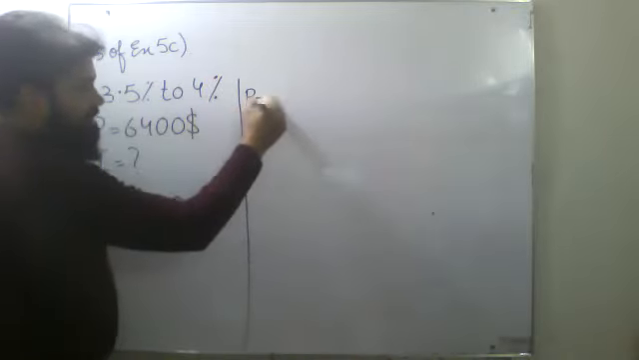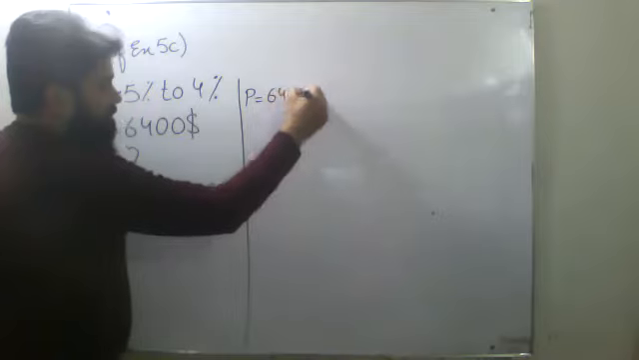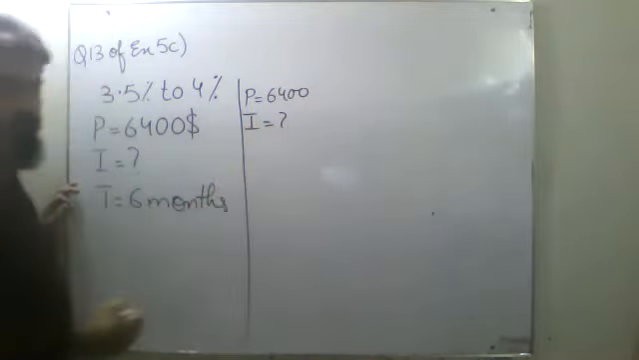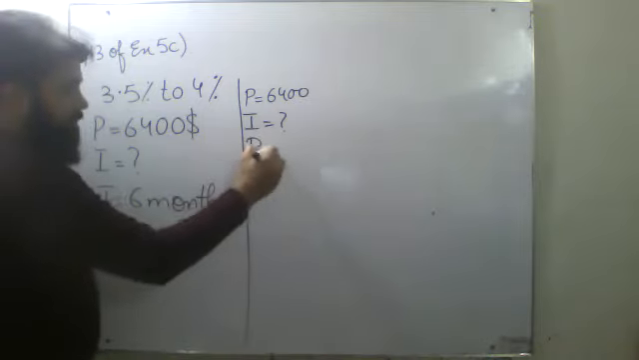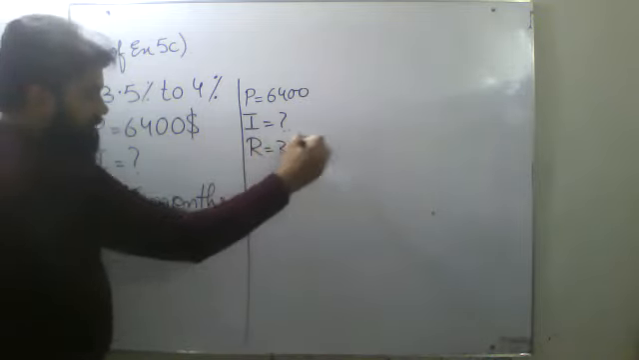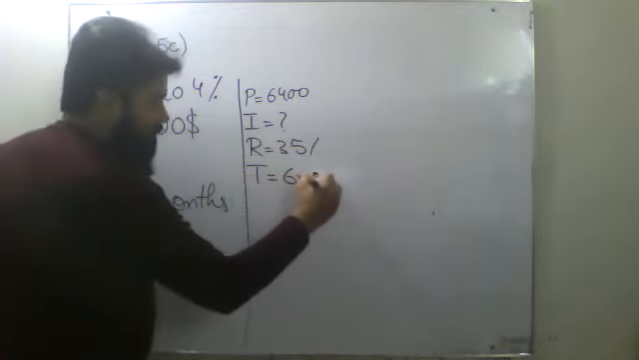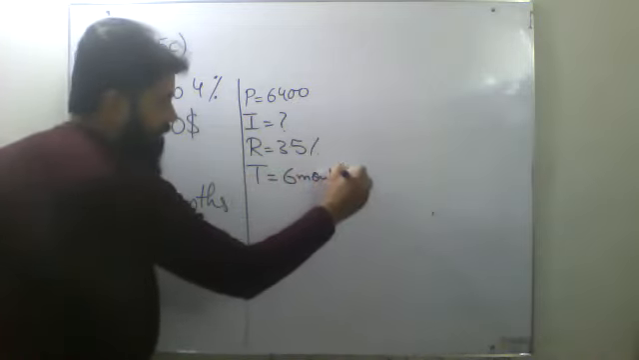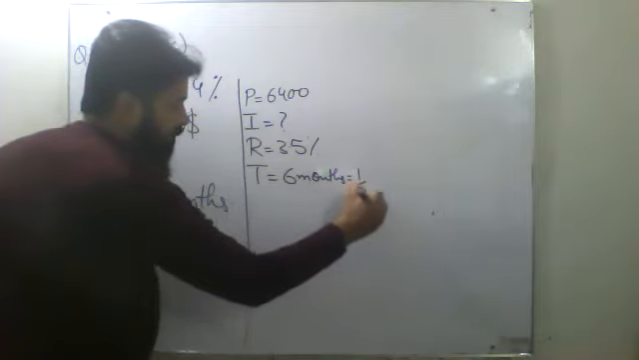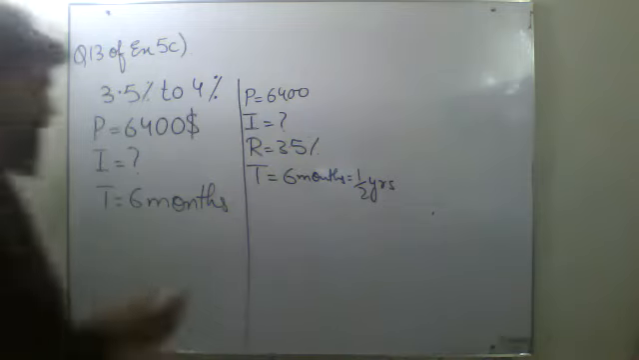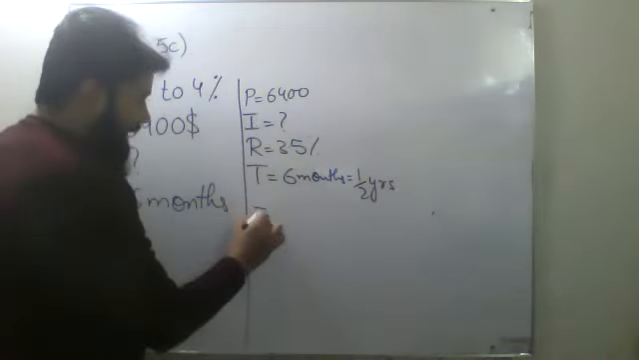Principal is $6,400. Interest, I don't know. Rate is given 3.5% per annum. Time is 6 months. So when I divide it by 12, this will become 1/2 years. Okay. So I equals to